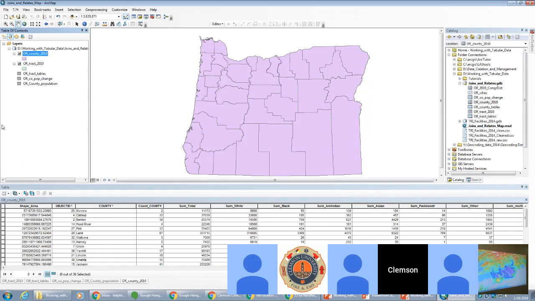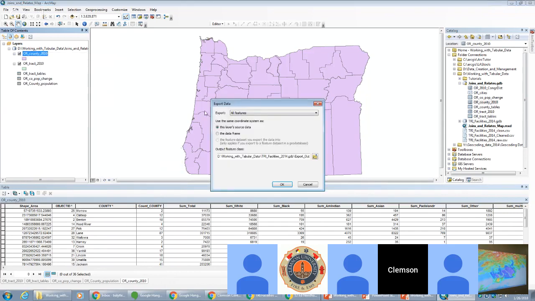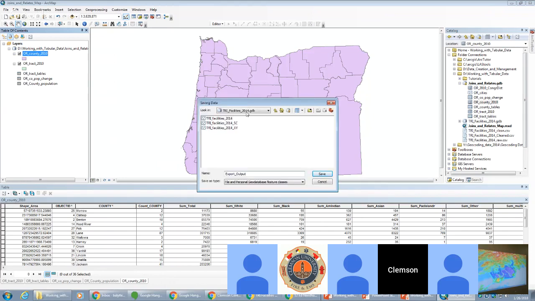So let's say I want to now export those so I can save my county polygons with that population data. I'll right click my Oregon County layer, go to Data, Export Data. I'll export all features using the same coordinate system as the source. And my output feature class I'll save in my joins and relates geodatabase. So I'll look in my home folder, joins and relates geodatabase. And I'll call this OR_counties